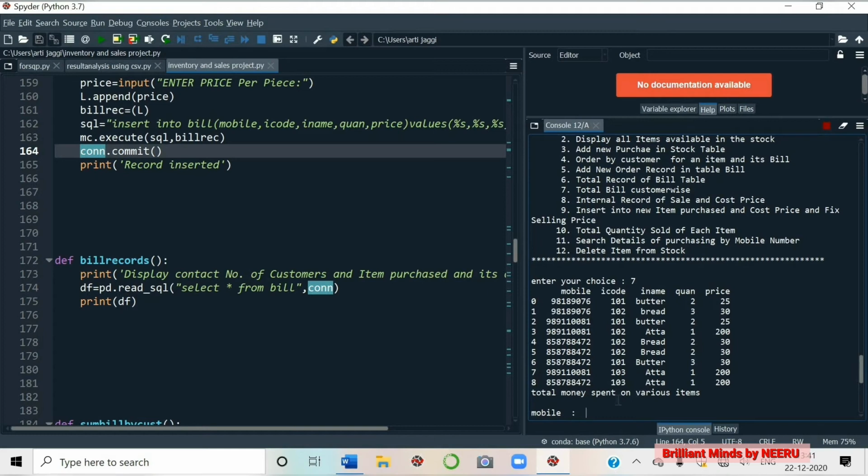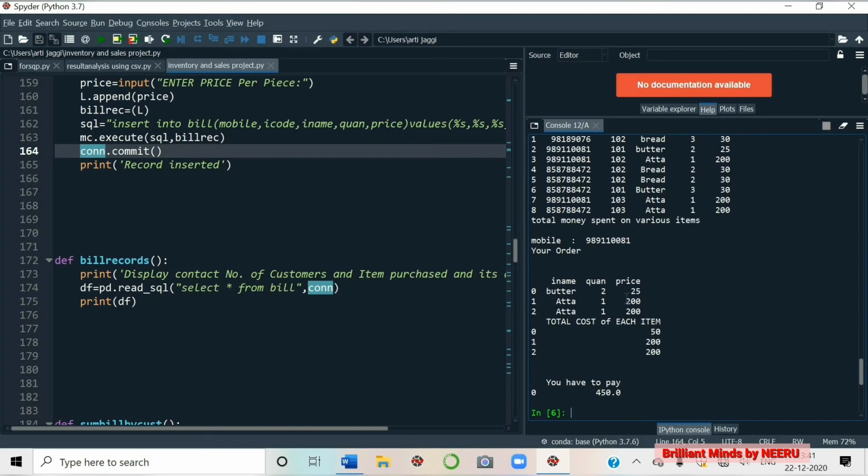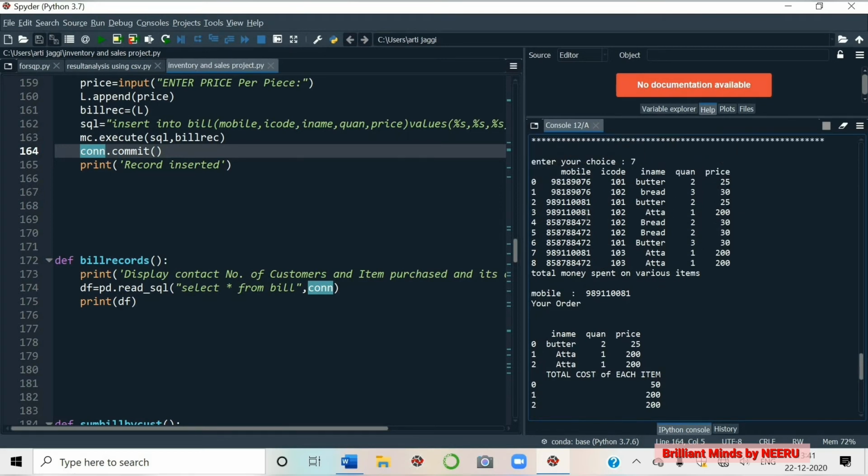Now let us run number 7. What is 7? Total bill customer wise. If I give the mobile number, suppose I take this mobile number, 818181. It is 3 times. I give the mobile number. See, 3 times.